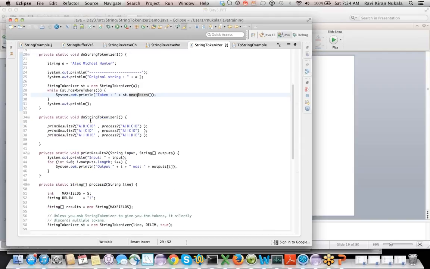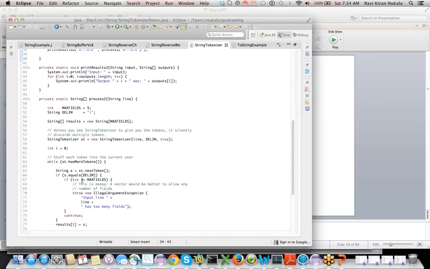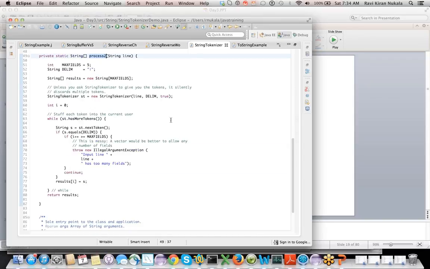Then we have another method, doStringTokenizer2, which is also invoked from doStringTokenizer. What does it do? It prints the result. Let's see what this print result does. It takes the input, and process2 is the method. I will execute this, then it will make more sense to you.